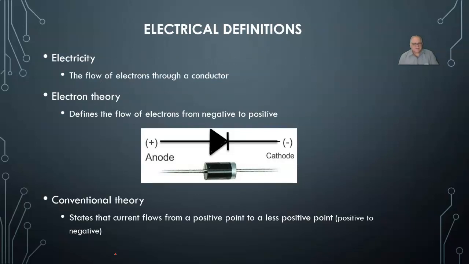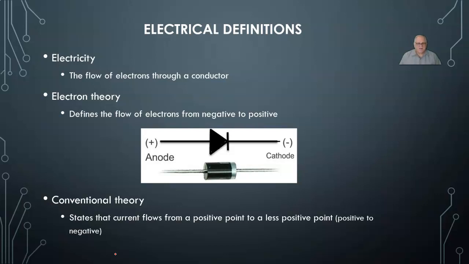So, the electrical definition is the flow of electrons through a conductor. And then there are 2 theories. One is the electron theory, which says electricity flows from negative to positive. The second is conventional theory, which says electricity flows from positive to negative. Now, this is one of the few times when I'm not concerned about what the truth is. I'm always going to be referring to electricity in conventional theory, so flowing from positive to negative,